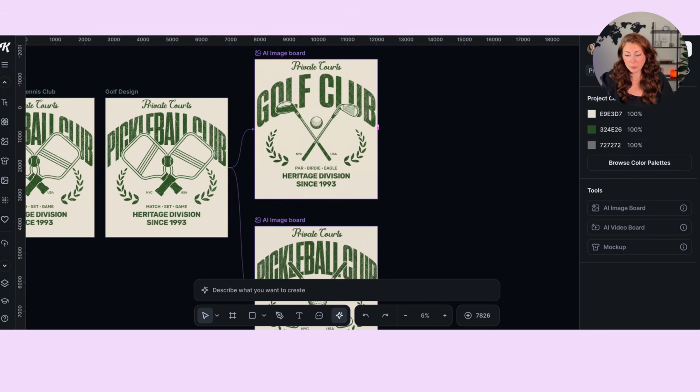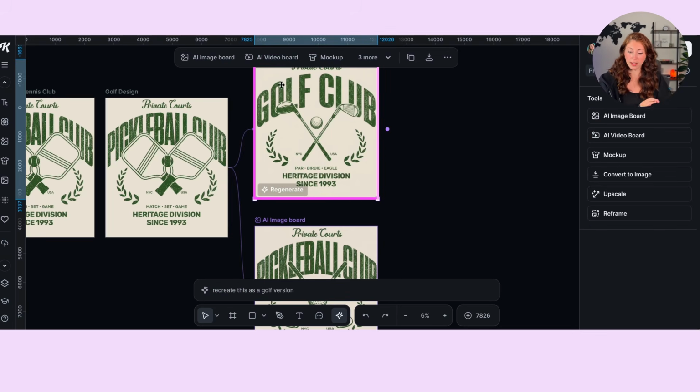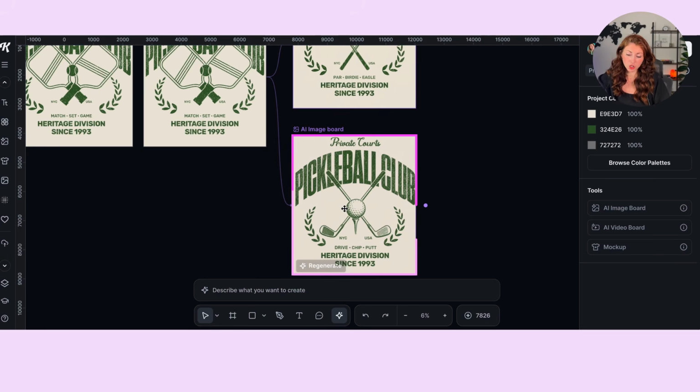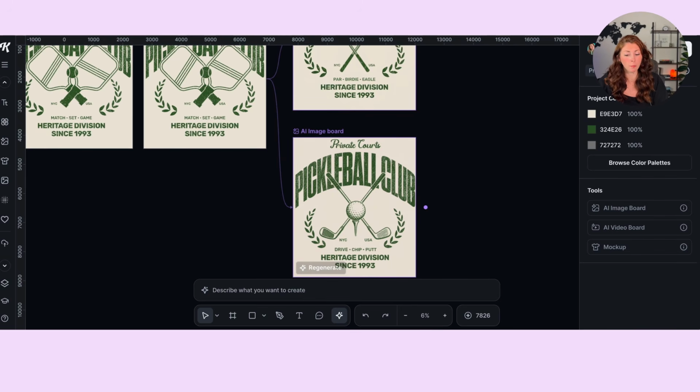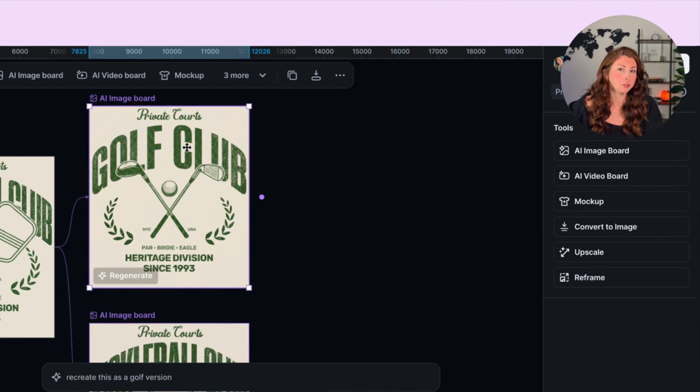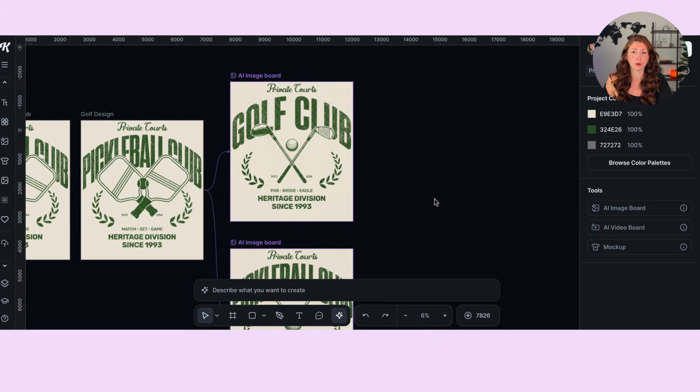And we can see here that I'm surprised the Nano Banana one gave us a better version here. The ChatGPT one changed all the imagery to golf, but not the text. So this one was actually, ChatGPT was a little bit more literal here. So usually I do find if I am creating an exact replica of a design, Nano Banana does do the best. But again, if I am creating something where I want a little bit more creative liberty from the AI, then I do find ChatGPT does give me a better result,